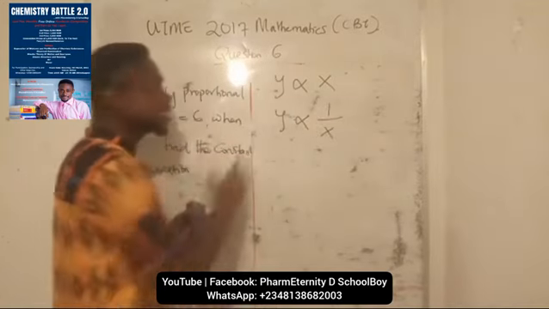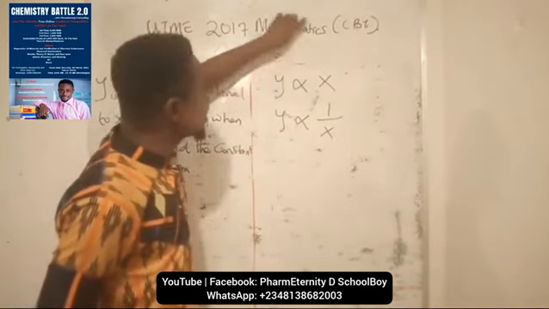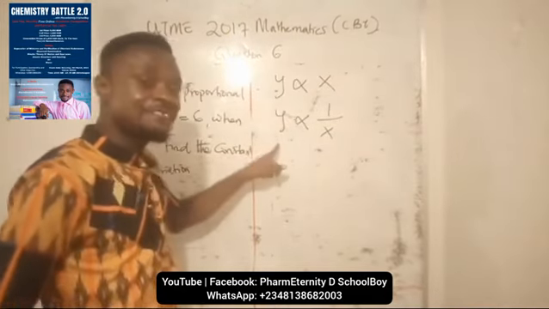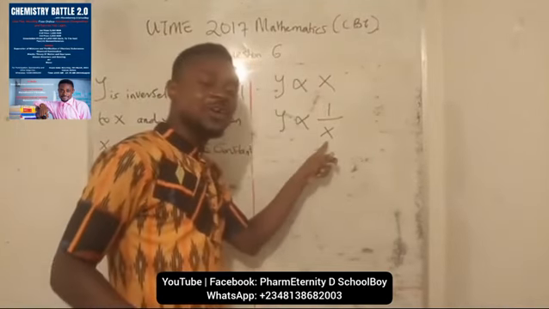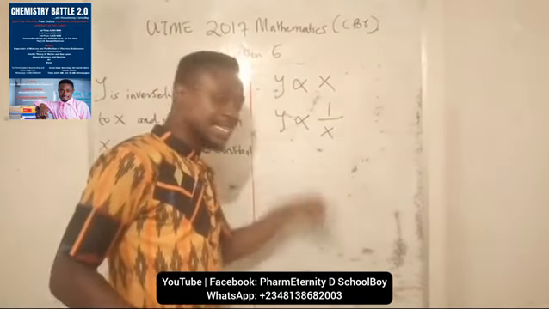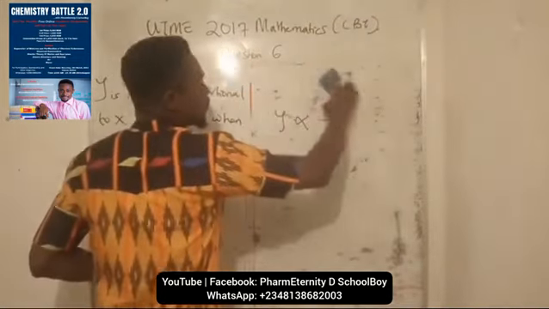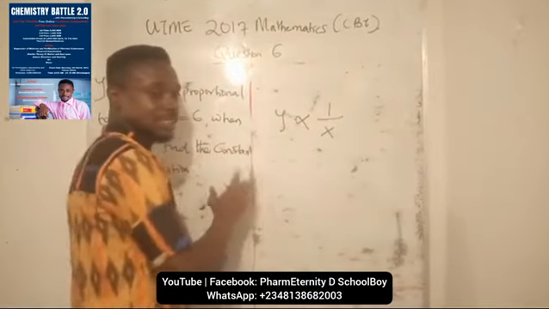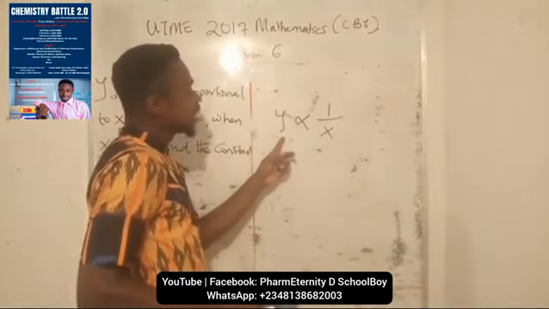What this means is this: for the direct, as y is increasing in value, the value of x will also increase. But for the inverse, as y is increasing, the value of x will be decreasing. The same thing, as the value of x is increasing, the value of y will be decreasing. So our emphasis is not on direct proportion. I just put it so as to explain something. Our focus is on inverse, when y